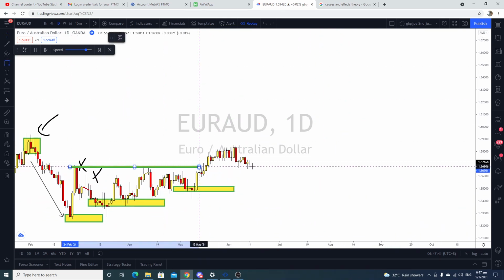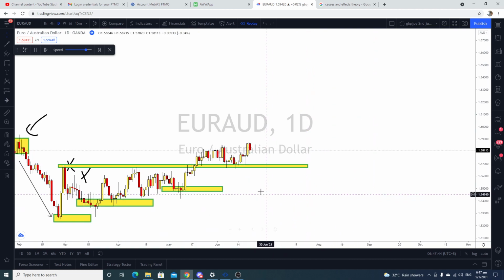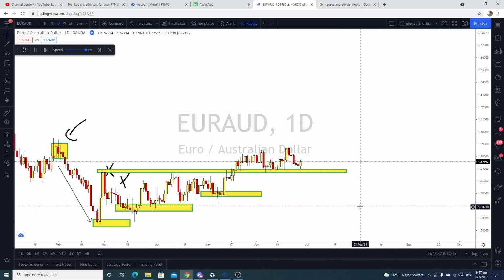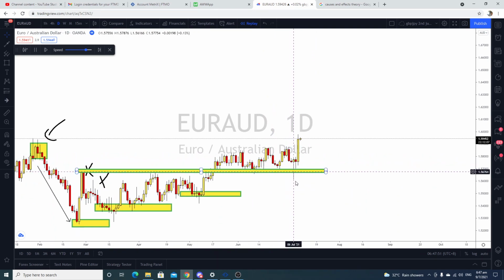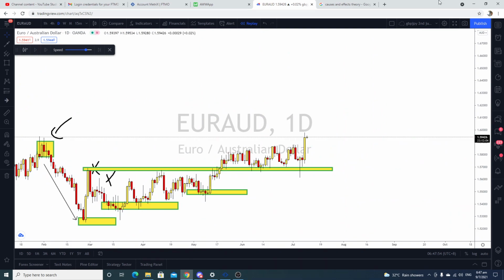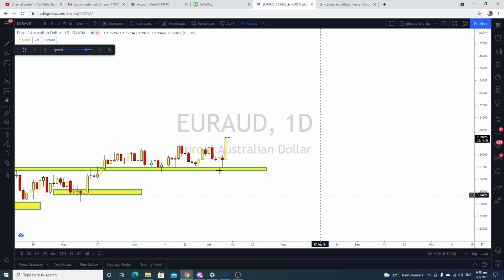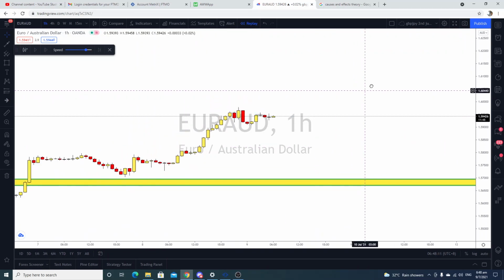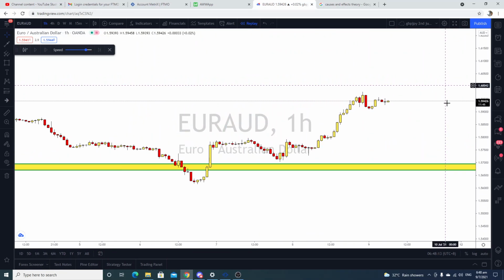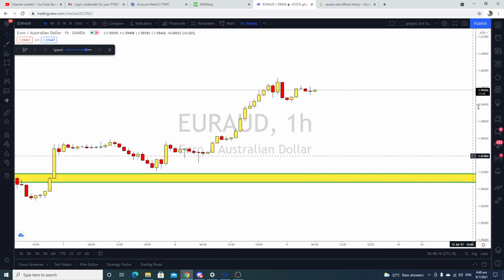This push up breaks this resistance, price resting on the base, force break of demand, and then that is where the effect happens, right? So the cause is a force break of demand, pin bar, in sub bar, not really in sub bar. It's actually, I got this Euro Aussie based on the engulfing on the 1 hour. I believe I got it on the 1 hour. Yeah, I think it should be 1 hour. I got it here.